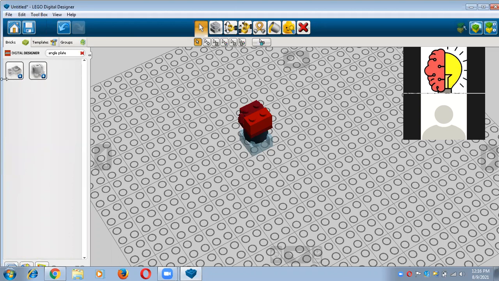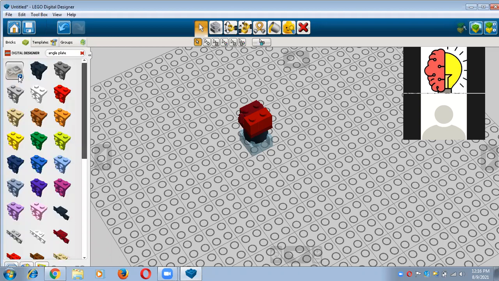What is it? It is angle plate, right? Just expand your folder, and now you will receive the exact plate which you want to design your mini robot structure, right? So I want to take this red color angle plate. Just take it, just click on that, and after that just drag your mouse like this, right? And now you will change the direction of this angle plate like this, and now you will put here in front of this.